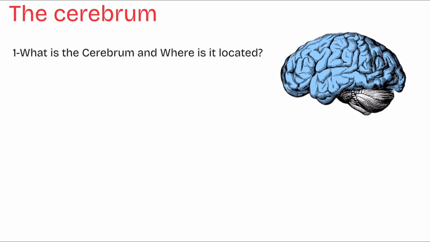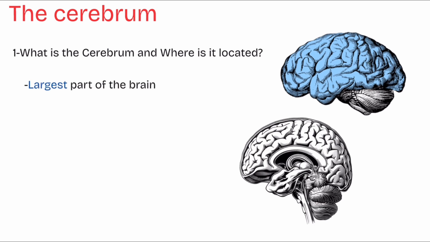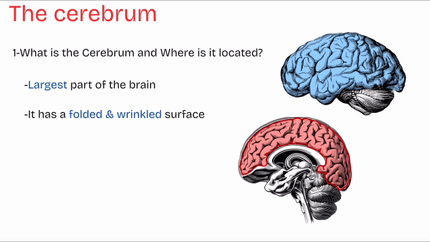First question, what is the cerebrum and where is it located? The cerebrum is the largest part of the brain, sitting right on top. Also, it has a folded and wrinkled surface, which increases the surface area of the brain without increasing the